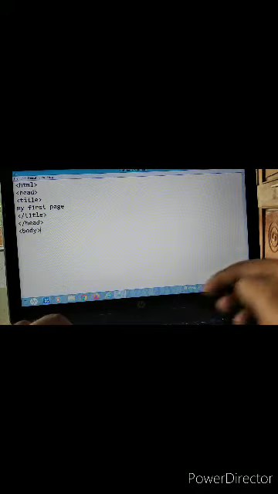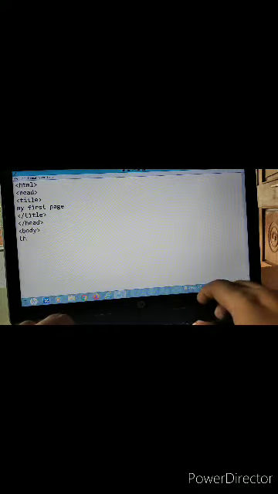I am not increasing the size, just typing the body here. That text also appeared in the given size, already input there.